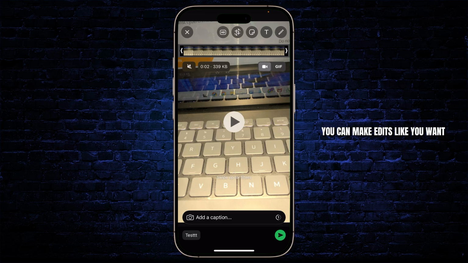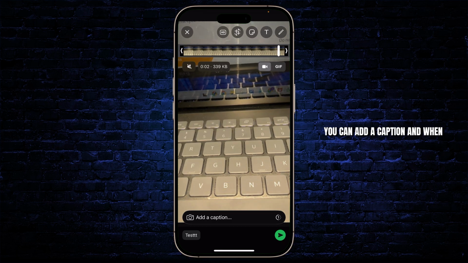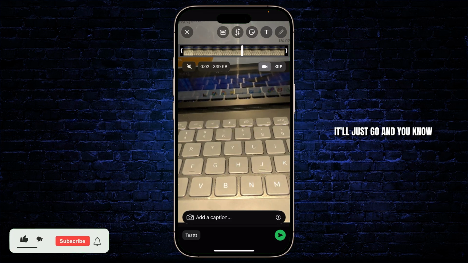From here, you can make edits like you want. You can see the videos and you can crop it as well. You can add a caption. And when you send it just like this, it'll just go and sit there like a video that we normally